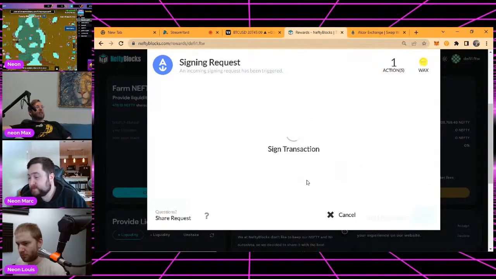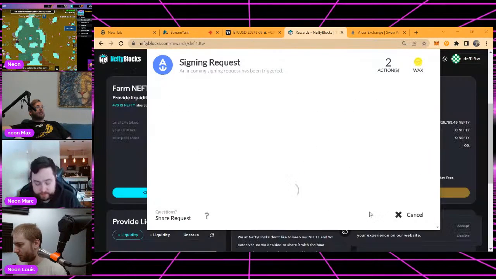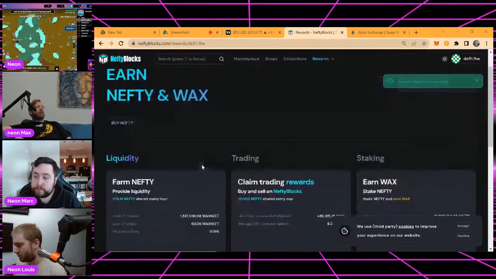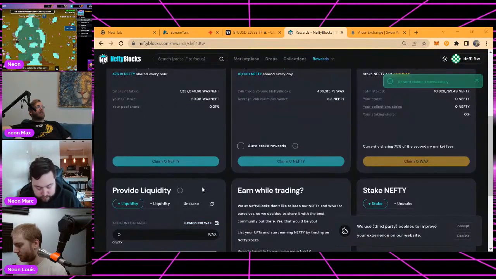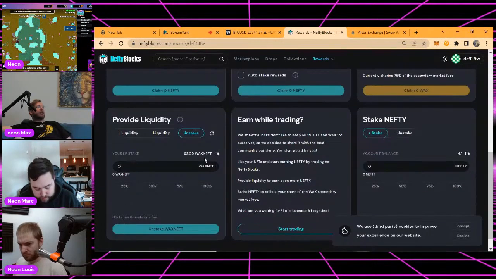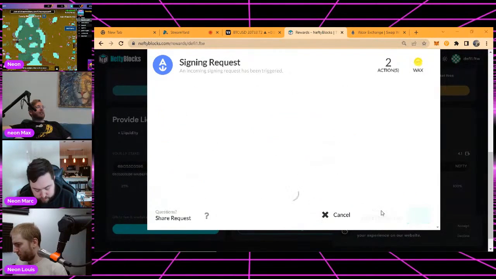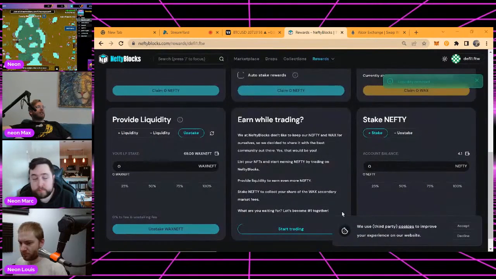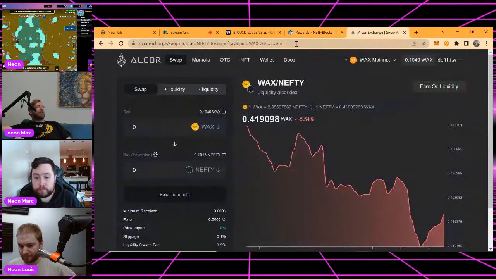Yeah, so I'm going to claim this one. And then let's unstake and take a look at what this is. To unstake and undo this position, just click the unstake button. It shows up my balance here. So I can say 100% and unstake the Nefty. There we go. And now if I come back over here,